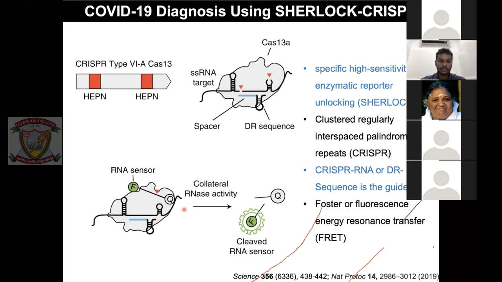All right. So now this sequence is again a primer. So what happens? Wherever this complex is, this guy will also go. So now Cas13A, in this case, will not only cleave the genomic DNA, but also cleave the sensor. When this is cleaved, you get very high copy numbers of fluorescence. So using this technology, you can detect 99% of positive cases. It's a really cool technology that has been developed, but it's very expensive. Cas13A expression is expensive, and this DR sequence synthesis is expensive, and since it needs multiple components and highly sophisticated techniques, it's quite expensive.